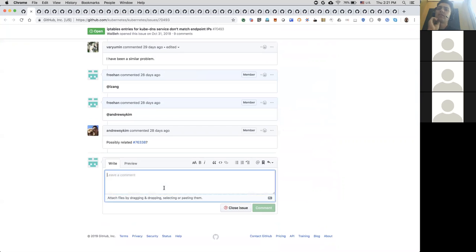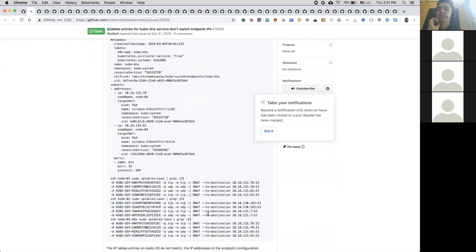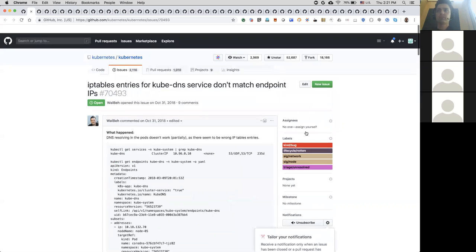Yeah. I think the fact that deleting the pod fixes it temporarily, but how does it get into the stale state in the beginning? Okay, seems like someone needs to go ping the person. Yeah, I can do that. I'm already on the issue. Sure. Okay. All right.